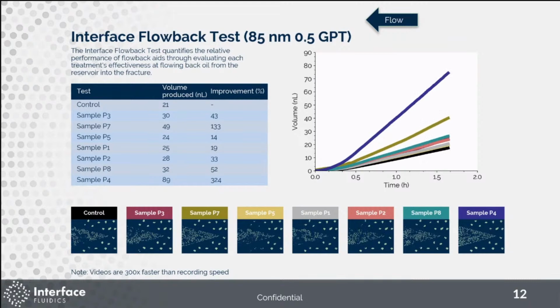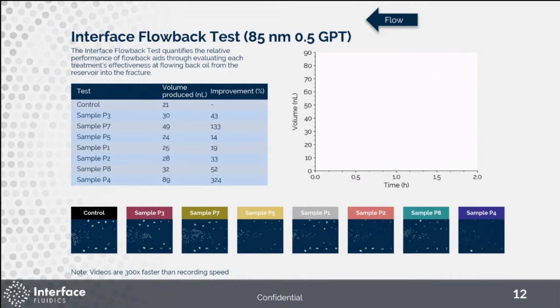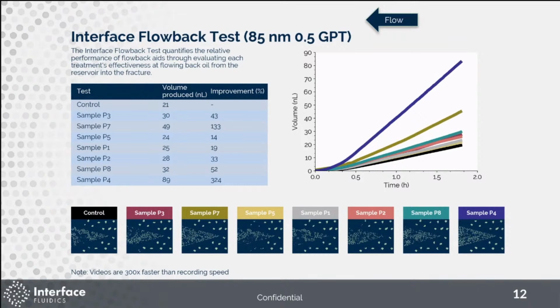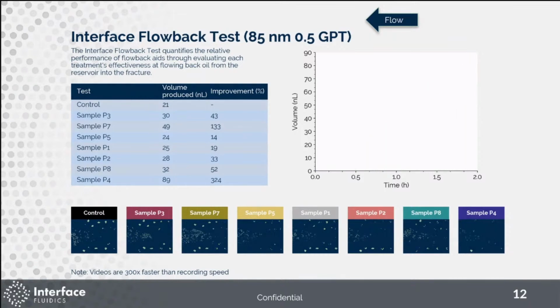So you can clearly see that there's a huge difference between each case. For example, here, control produced 21 nanoliters, which is actually the lowest volume, and all the additives somehow perform better than the control case, but with varying degrees. Sample P4, the last sample, produced 89 nanoliters of oil, which is over 300% improvement over